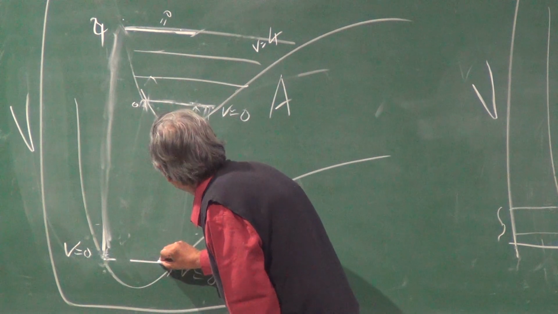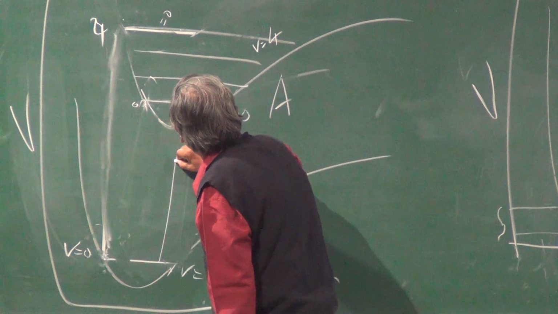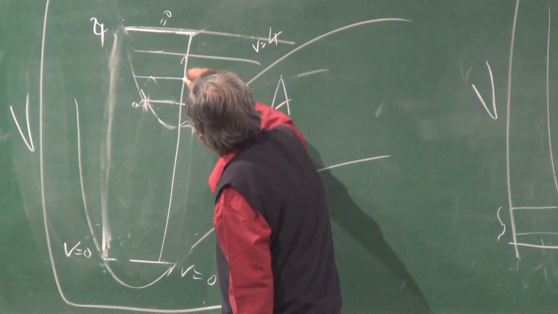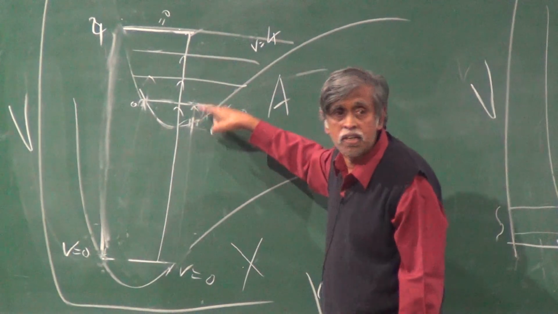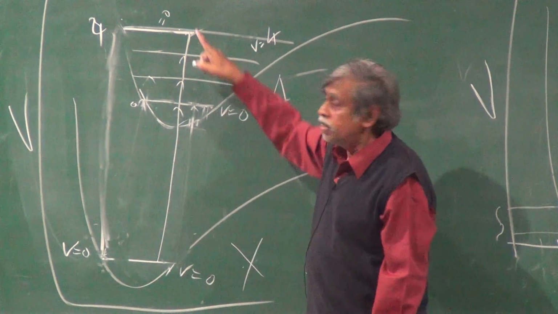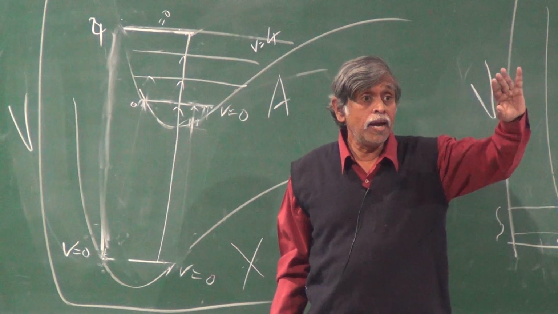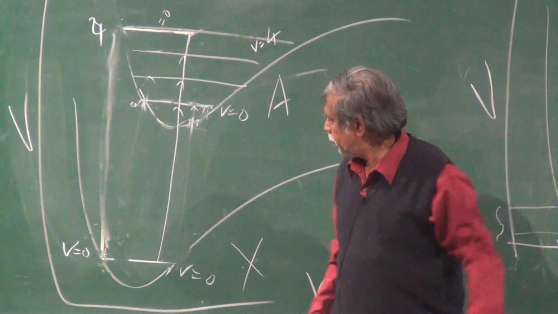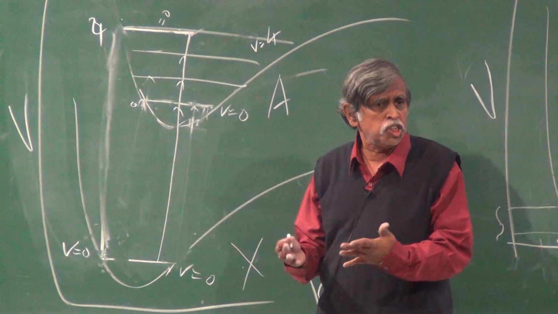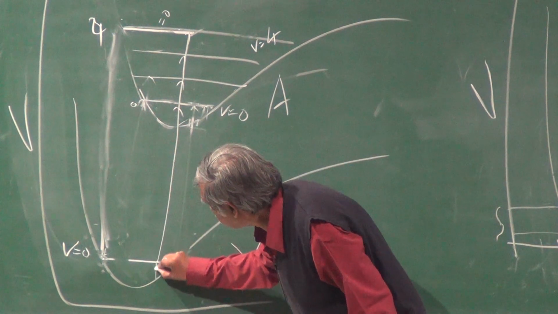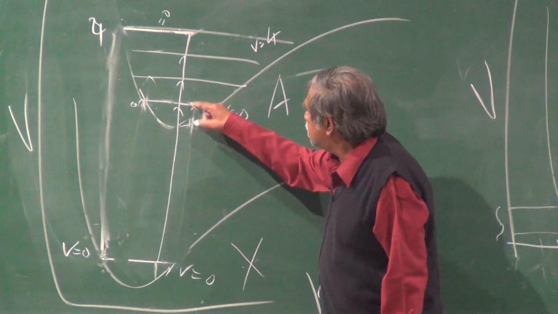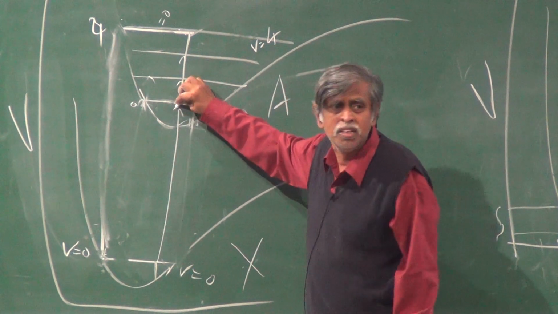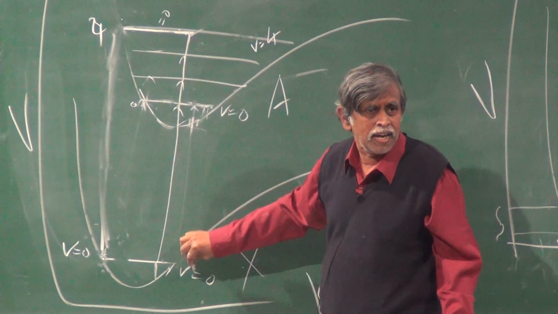Let's say we go from here and consider each one of these levels. It's a straight line, vertical line. Therefore, I don't have a problem with the first part of Franck's statement, which is that R must be conserved. But what about the potential energy, kinetic energy issue? The kinetic energy here is this much. For this state, it is this much. Seems larger than what I have over here.